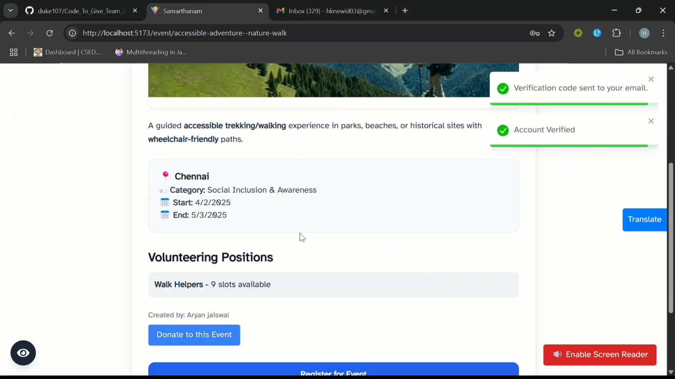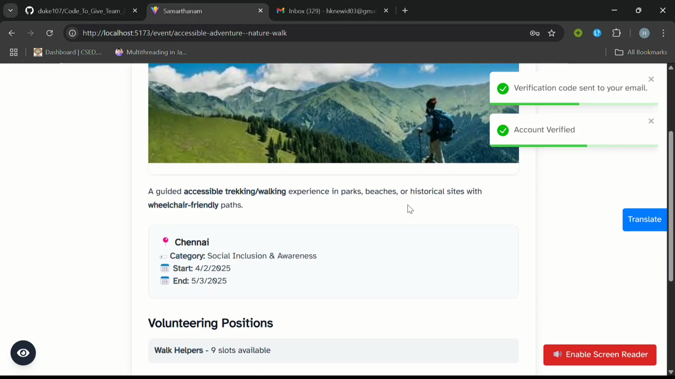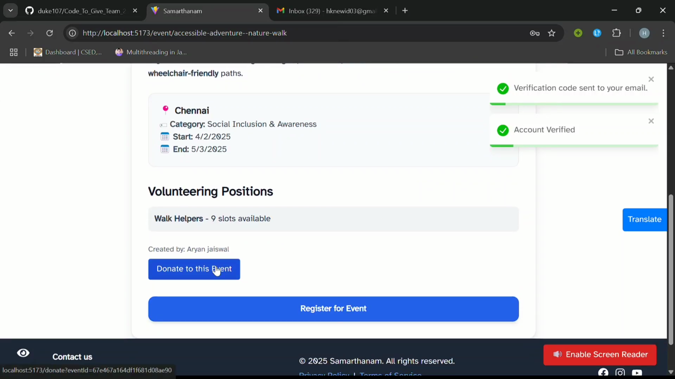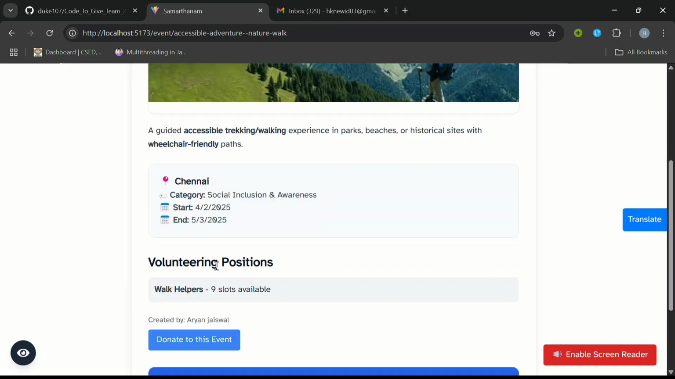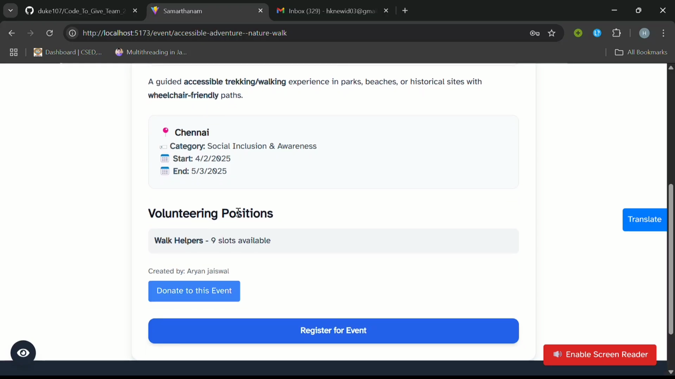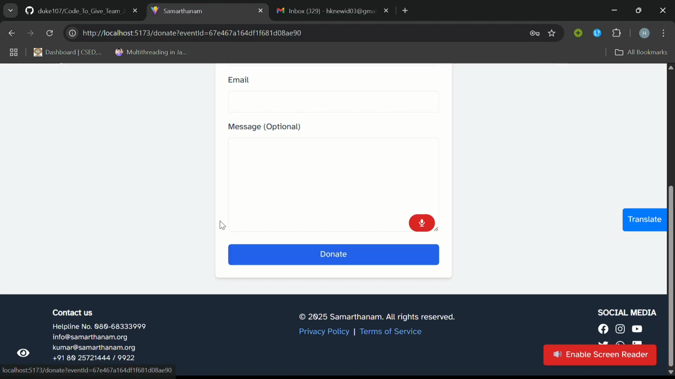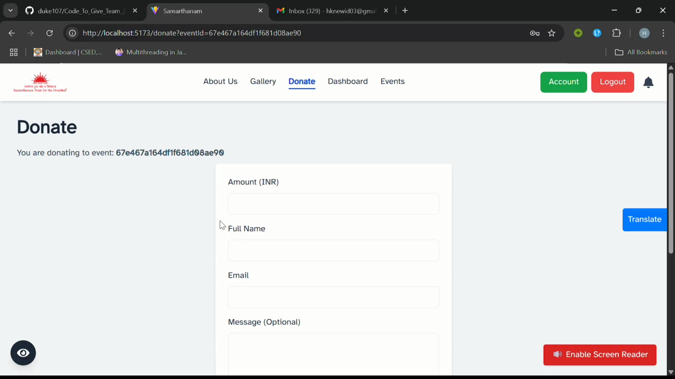In the registration portion, you can see we can donate to an event. We have also integrated a donation portal, like we can donate to this event, and we can also donate to the trust. So basically, if we donate the amount,